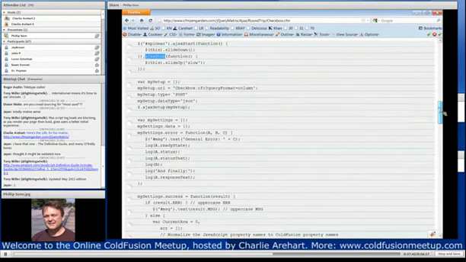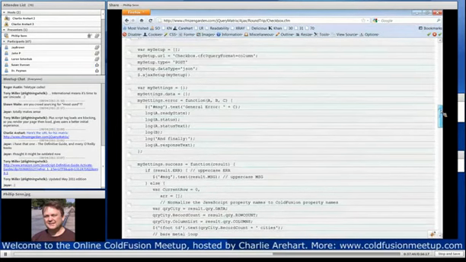And the way that I do it is I have a common CFC that contains all my remote functions, and I call it using a query format equal column,